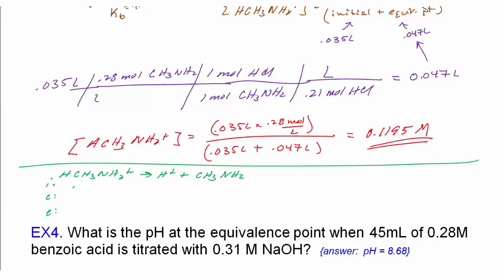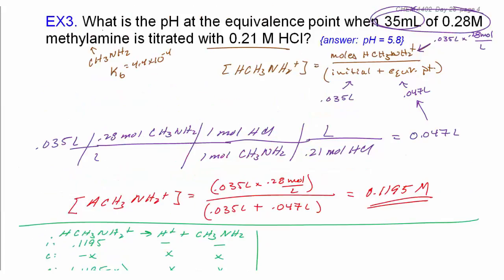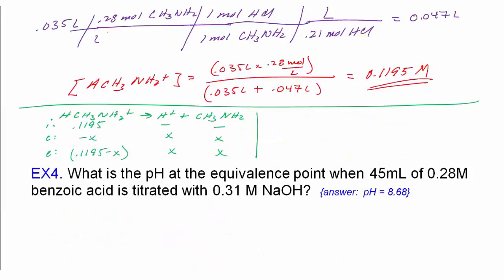Initially, I have 0.1195, nothing, minus x, 0.1195 minus x, and x. And we know that the Kb is 4.4 times 10 to the negative 4. So my Ka is